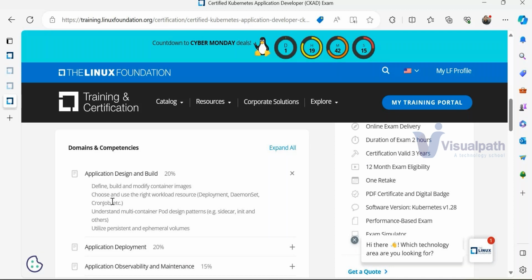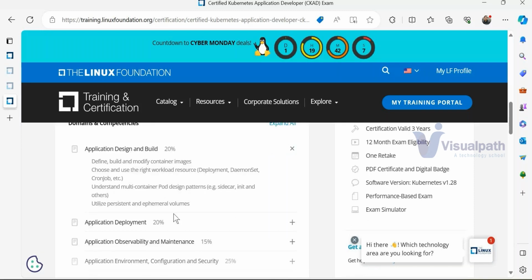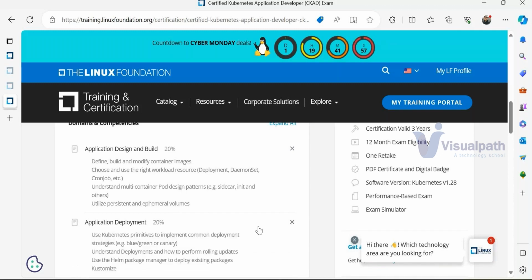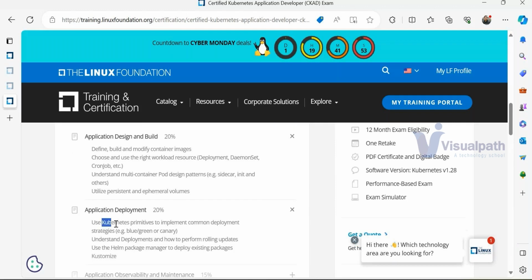I won't be focusing more here because I will be covering that part in my CK itself, not as a developer layer, because it will limit my scope and I don't want to go with a narrow scope. We want a broader spectrum to cover each and everything. Application deployment: how the application should be coded so that it can be deployed on a Kubernetes environment, right? They should know Kubernetes primitives and common deployment techniques and strategies. Then deployment and rolling update. We will be covering deployment, rolling updates and rollbacks, Helm package and all that. Basically, that is how we deploy the application automatically and maintain the versions of the application. Helm is used as a repository that manages all the versions of these applications.